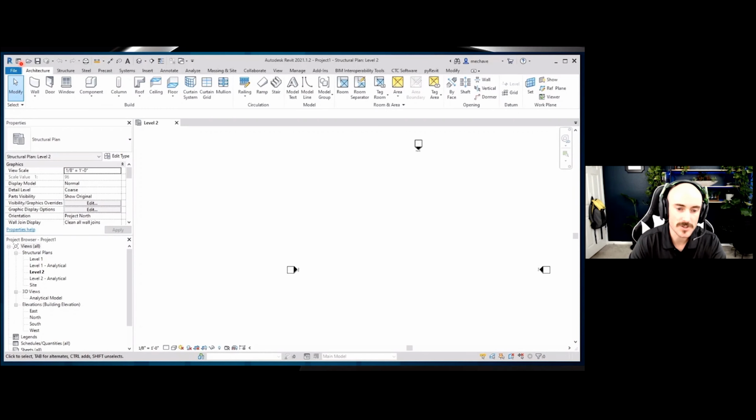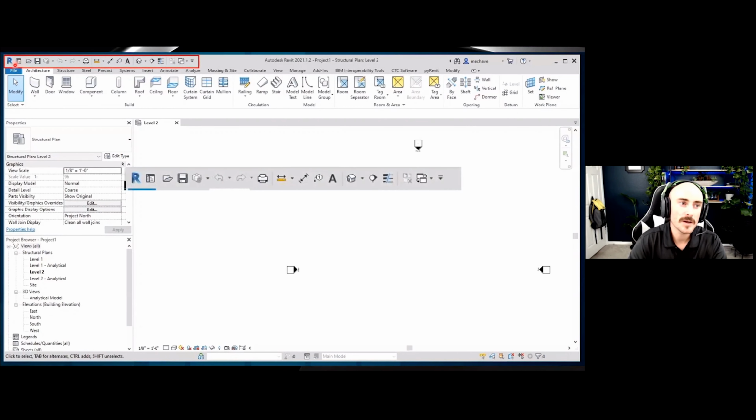Now let's talk about the user interface as a whole. Up here at the top, which I just directed us to switch screens, is the quick access toolbar. The quick access toolbar is commonly used commands. Sometimes you'll see other users, if you're watching YouTube videos, Googling items, the quick access may be docked down below. You can do that by selecting the down arrow and saying dock below. That allows you to have more space when you're adding more quick access commands. These are just quick access to commands that we're frequently using.